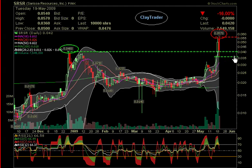I'm just looking over here and trying to eyeball that on my own. This level would be a little bit more realistic to hold, and ideally that's the one that you'd want to see hold. Another more ideal one is going to be right here at 0.032 or so. As you can see here, we're getting well into these Bollinger Bands, so this level here should put up a good fight for the bulls if it falls down here. And also, if I drag it across here, you can see that it's right in line with almost that 0.029 level over there. But regardless, this is our most recent previous high that was broken through,